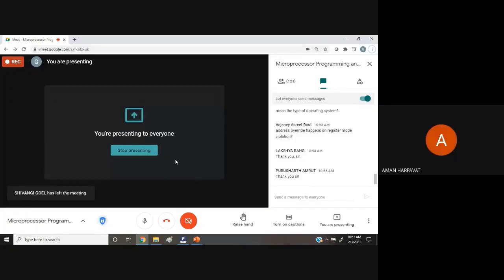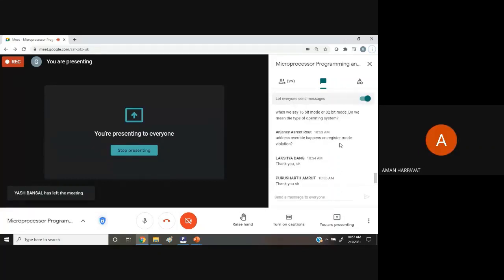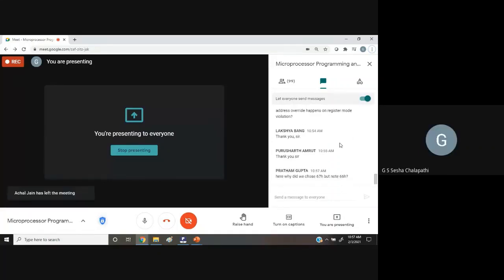Excuse me, sir. Yes. Who decides which instruction template will be used? The instruction will tell that. Like in the previous example, we were given a 32-bit mode of operation. So suppose in the